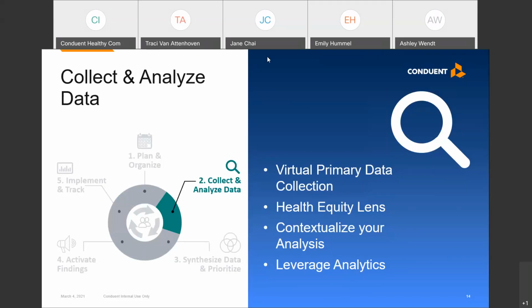Health departments can also tap into surveillance data and vital records to help get a snapshot of what's happening. During the pandemic the last year, we found this was particularly useful and valuable, this focus on primary data. And Ashley, I know you were at the forefront in communities leading some of this work. So I'm going to have you share some more of the best practices around that with us.